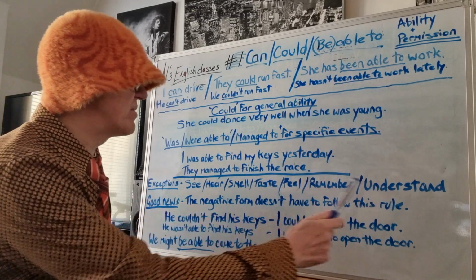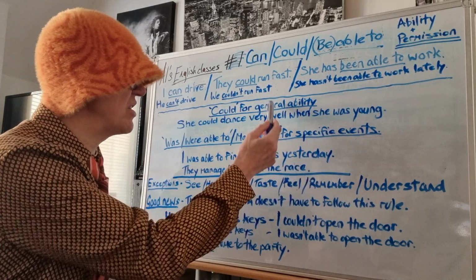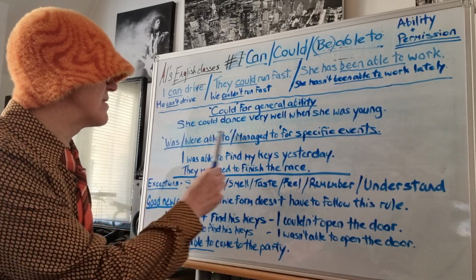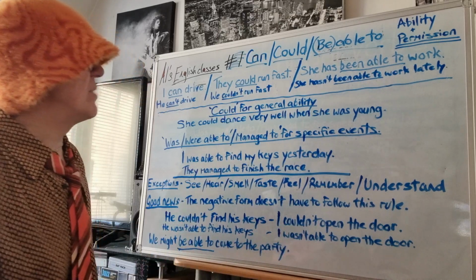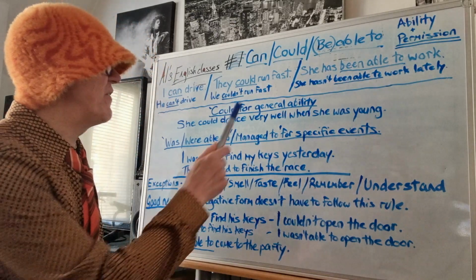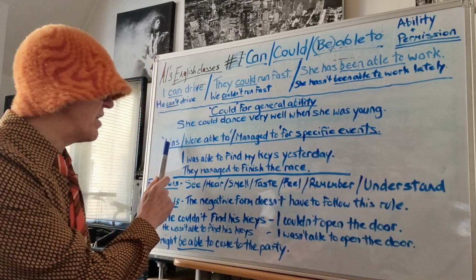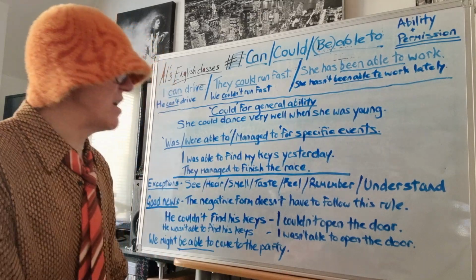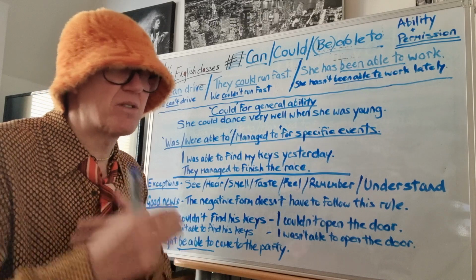And these 7 verbs, you can use could for all of them, regardless of general ability or specific events. But it's your choice. You can use these or this for these 7 and for the negative form. But remember, all the other verbs, eat, dance, run, sing, work, if it's general ability, you can use could. But if it's a specific isolated event, you must use was, were able to, or managed to with the majority of verbs.